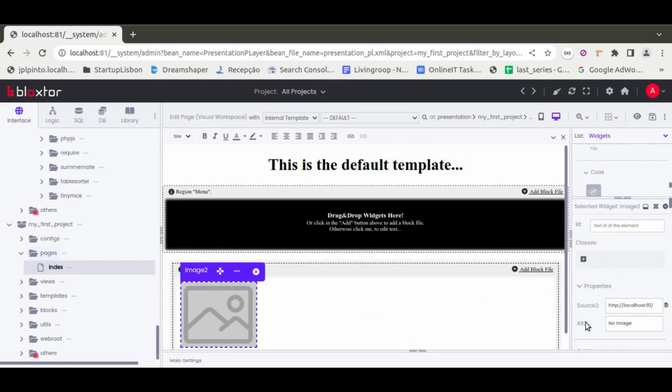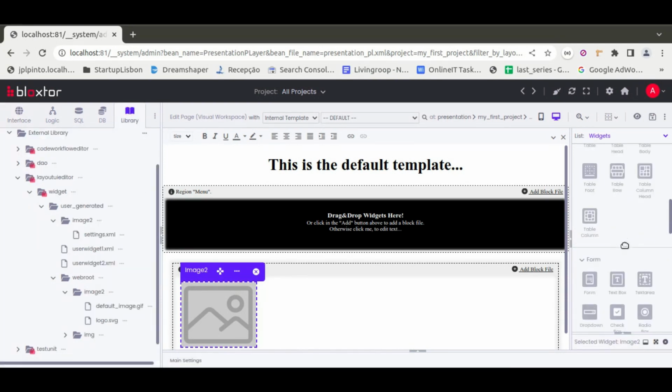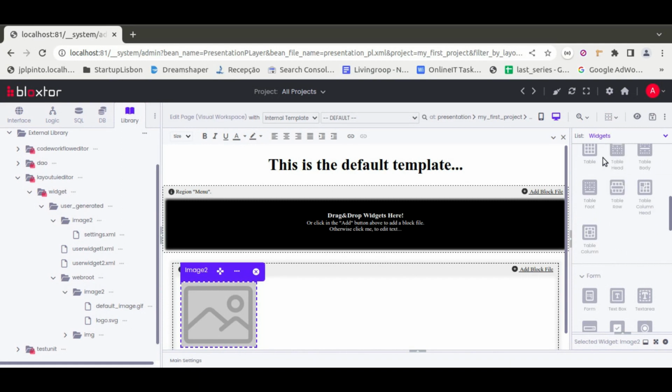So here it is. So basically this is just an example of how you can extend HTML widgets in your